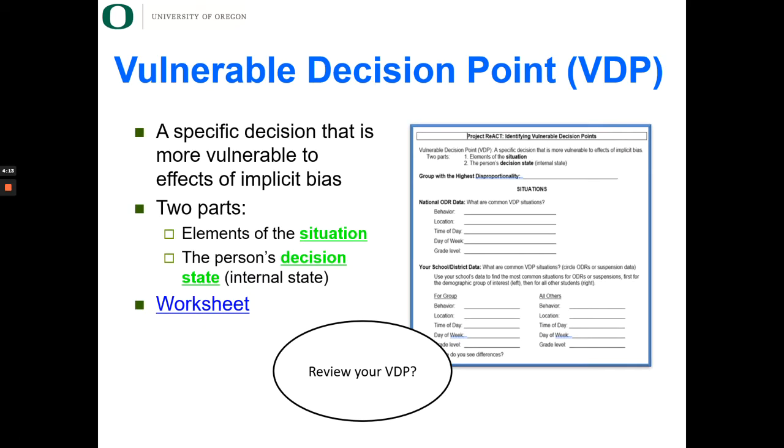So let's start with asking you to keep in mind or identify your vulnerable decision points. So if you haven't done this yet, I'd recommend doing this first, and the worksheet will also walk you through identifying your VDP using either school-wide data, discipline data, or also you can think about it personally for you, a situation or decision state in which you are more likely to make a snap decision or decision that doesn't line